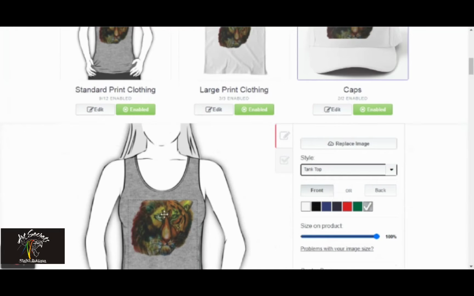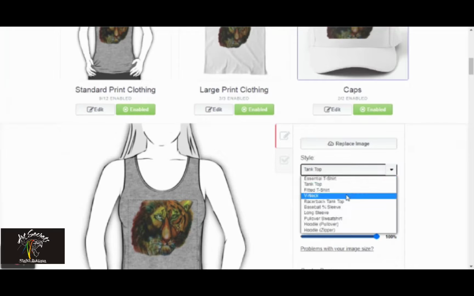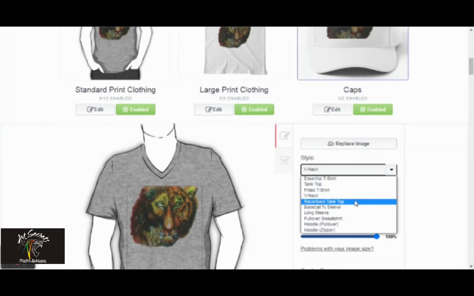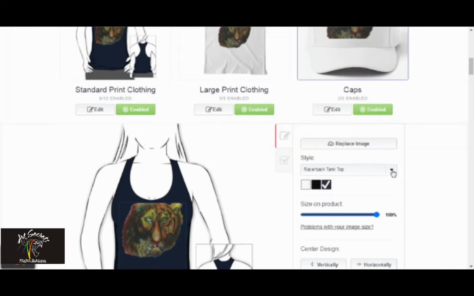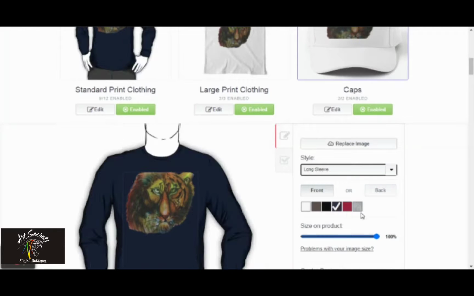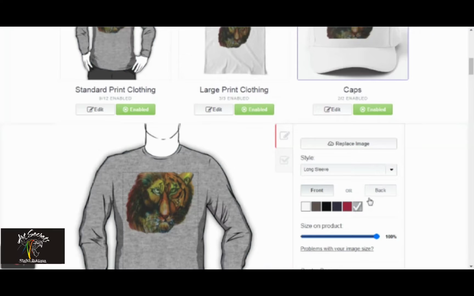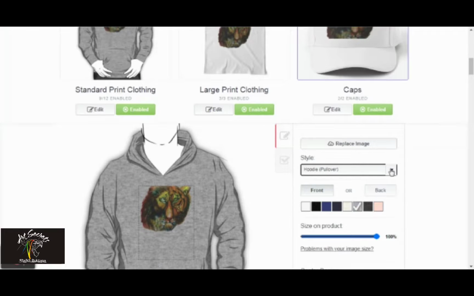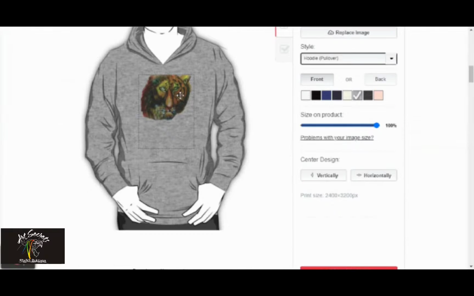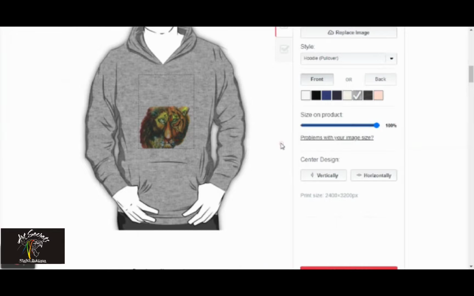Now there are different styles in these slots. In this particular design, there are 6, 7, 8, 9 styles over here. So you have to change the background colors of all the styles, otherwise it will take the default colors of its own, and that might not go well with your artwork.